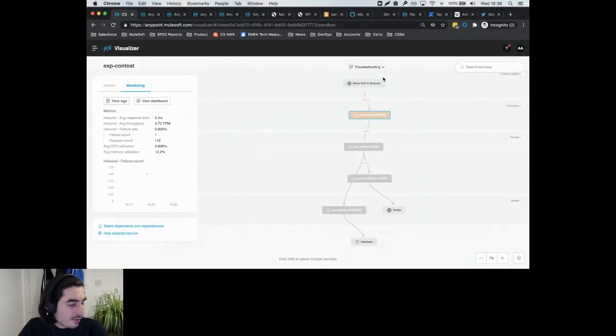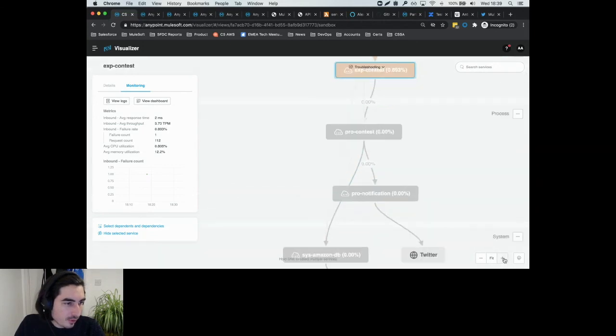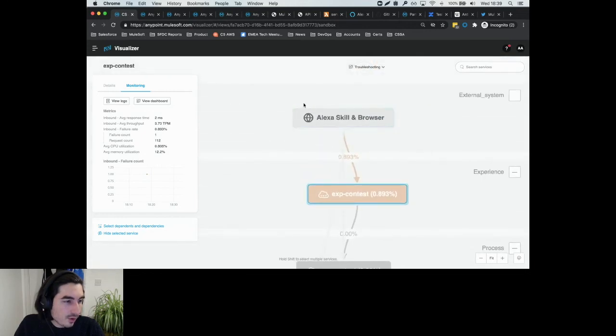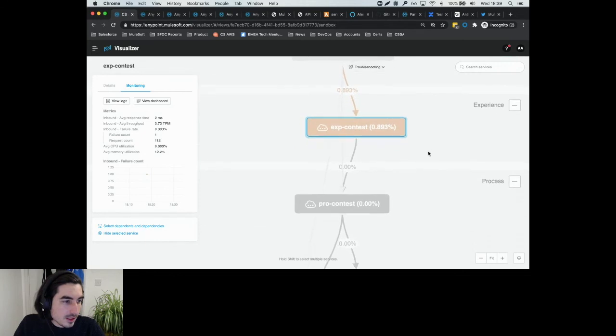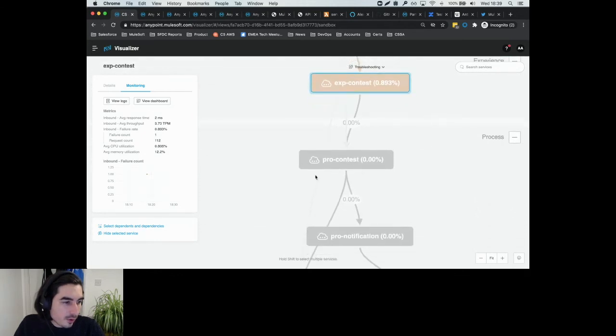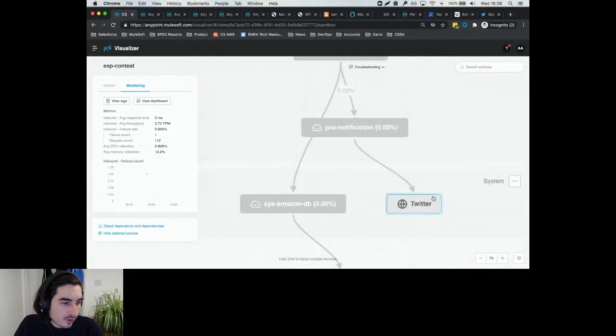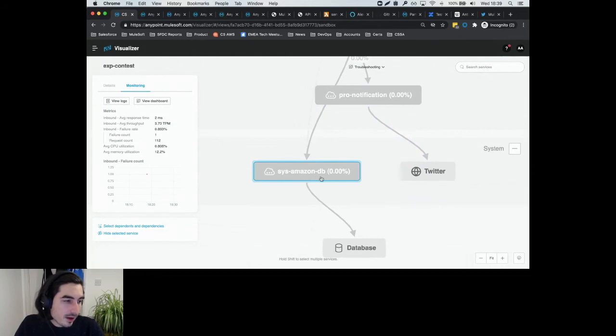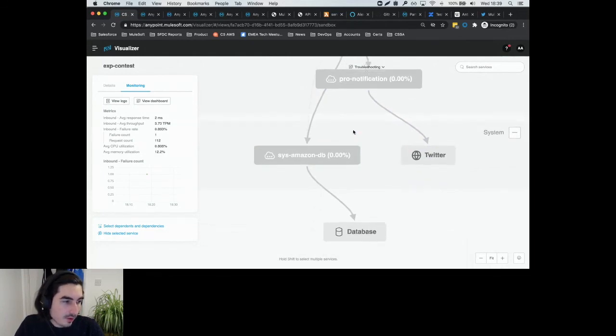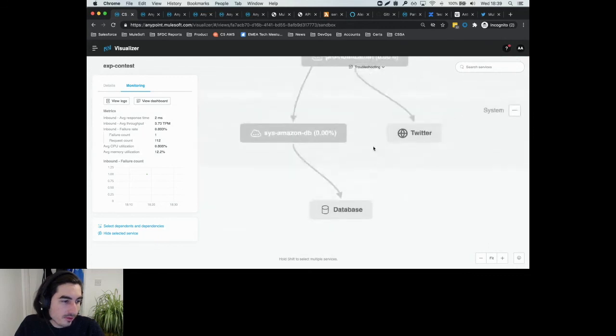Visualizer. There is something that I didn't mention, and it's extremely important when you're working with MuleSoft, whether as a customer or as a partner. In this case, you see this visualizer, you see the experience, the process API, the pro contest, and the pro notification. Let's actually zoom in so that you can see it properly. This is our Alexa skill or our browser. You have the experience contest API, the pro contest, and the pro notification that goes and talks directly with our backend system, that in this case is Twitter. And you have the system API, that is the Amazon API that we created for the Amazon database, that is